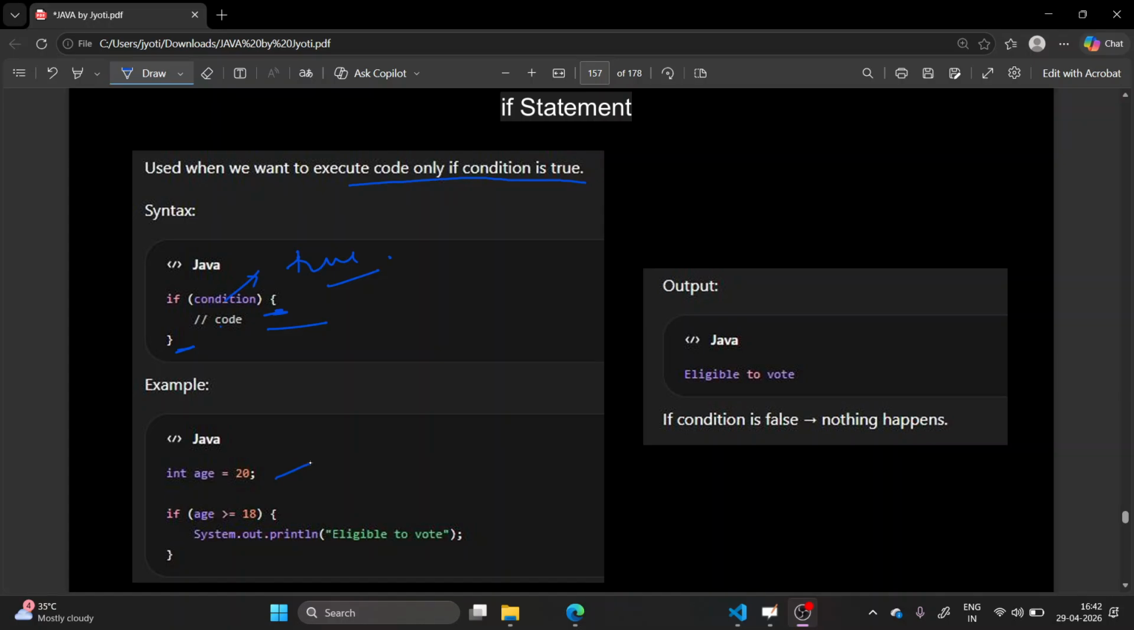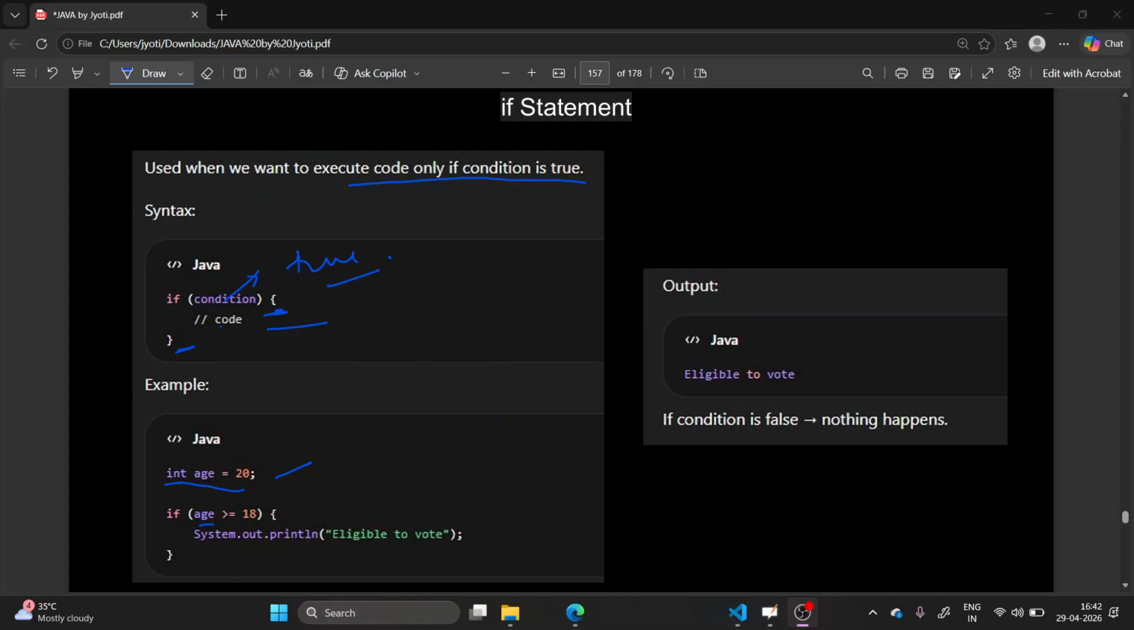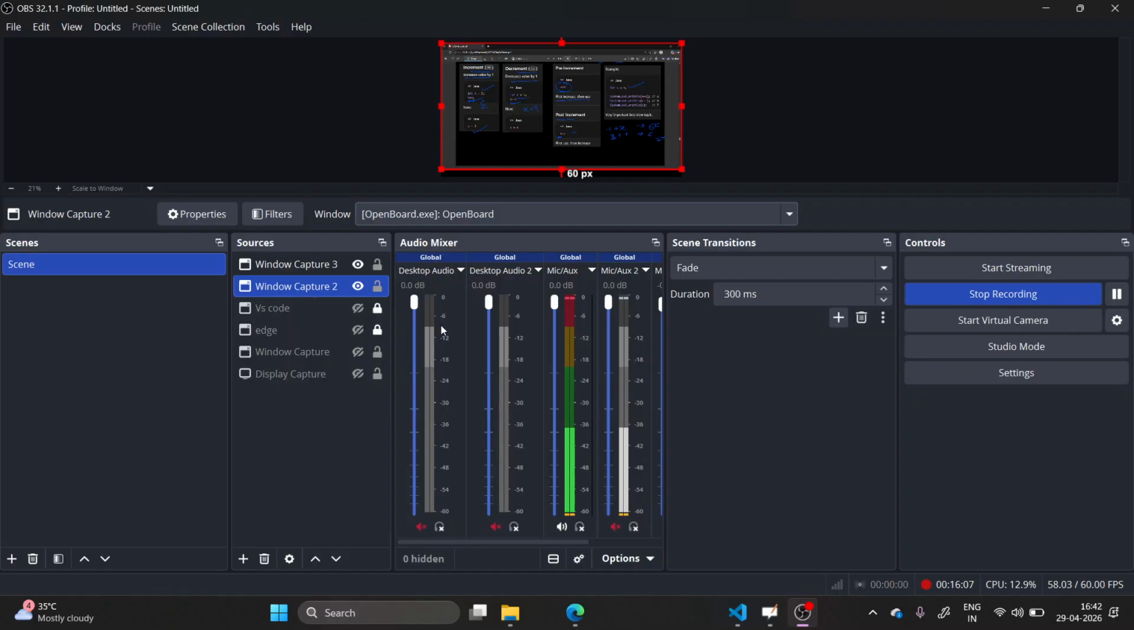If int age equals to 20, like we had seen in VS Code, we were taking age as 17 and we were doing if else. There, if I show you this example, this is just if statement without else part. So here, if I give age as 20 and if I remove this else part,